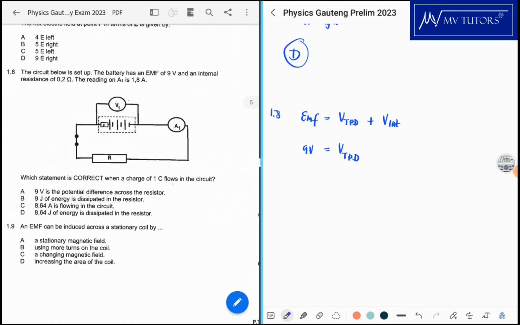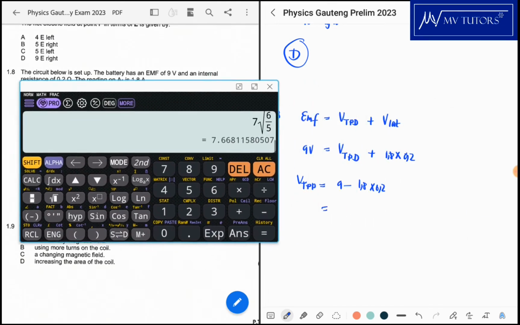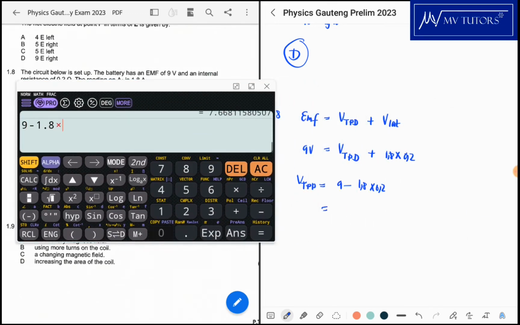When a charge of 1 C flows through the circuit, which statement is correct? The lost volts is your current multiplied by your internal resistance, which is 0.2. So if I calculate the terminal potential difference, it would be 9 minus 1.8 times 0.2, and I would get an answer of 8.64